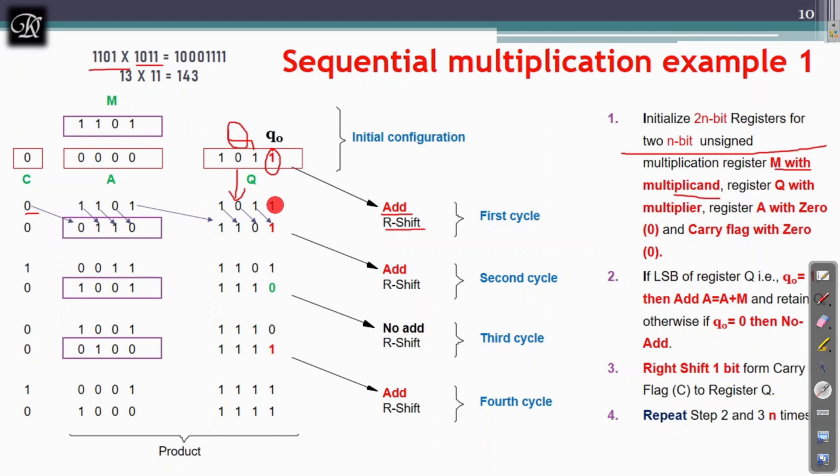one and shift this one to the Q naught position, 0 to Q1 position, and 1 to Q2 position, and 1 from A0 to Q3 position.